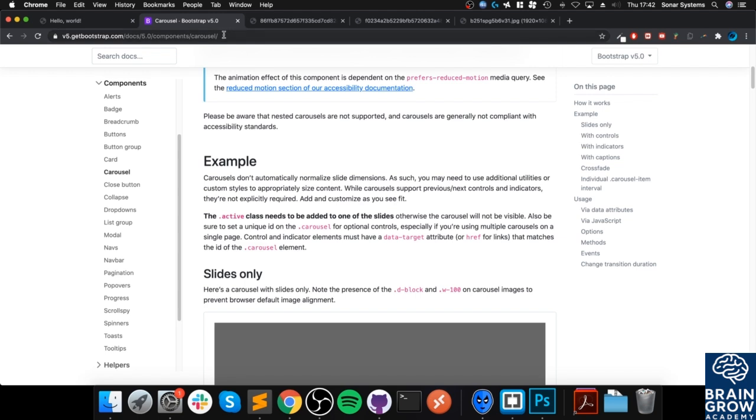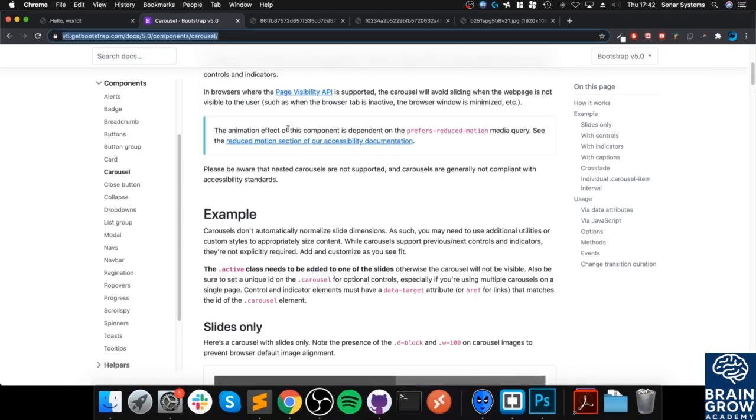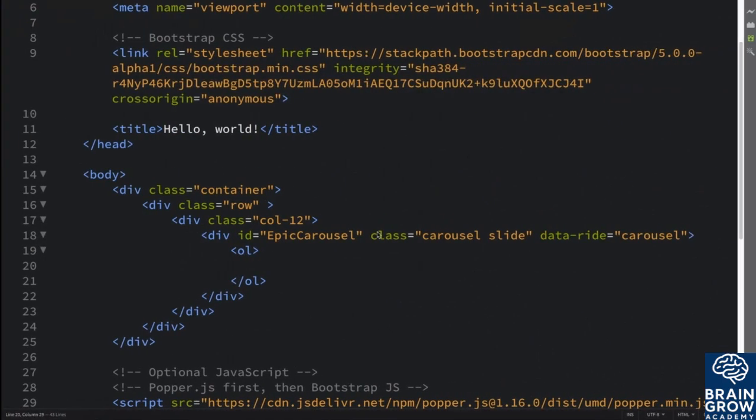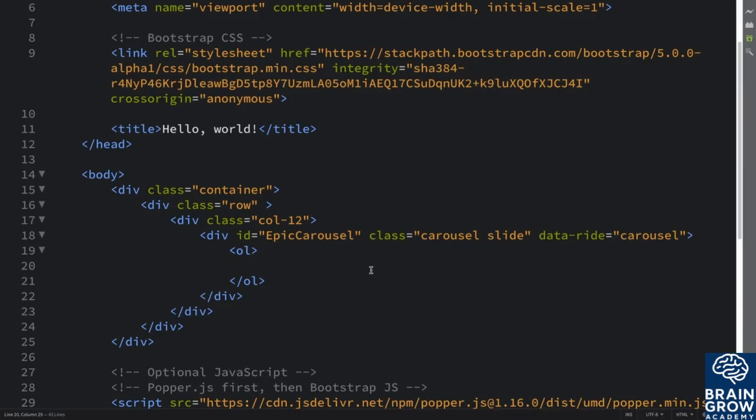So I'm going to put a link to this in the description. So feel free to check it out. All the different features available, whether it's crossfade, for example, JavaScript, for example, whatever it is, feel free to have a look at it. But I am going to add the indicators because they look cool and they're good to navigate with. We need a class called carousel-indicators,